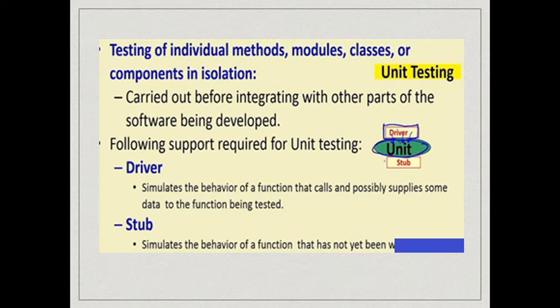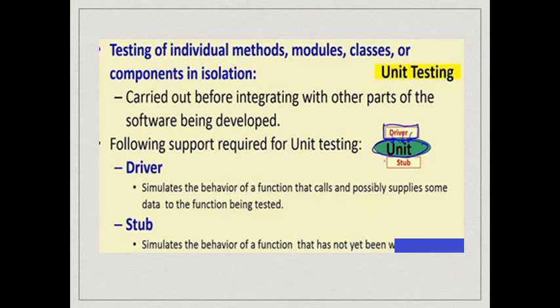Another basic concept: we use the term unit testing when we execute an individual method and test it. Unit testing may be applied at the level of modules. We might unit test a module, a class in object oriented code, or a component in component based software. But if we take up a unit and want to execute it, there must be some software which supplies it data and invokes that unit. Similarly, the unit we are testing might need to invoke other units, since there might be calls to other functions and so on.